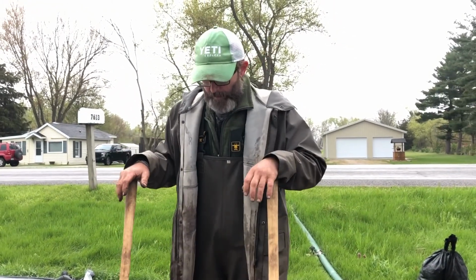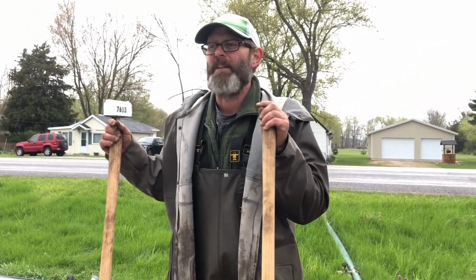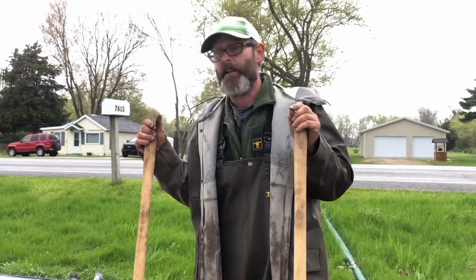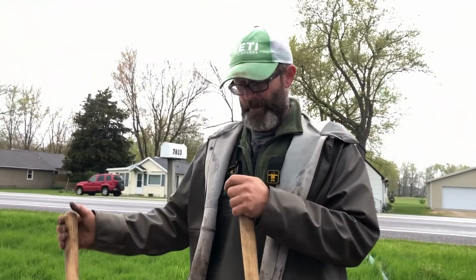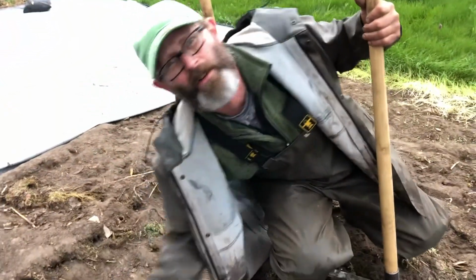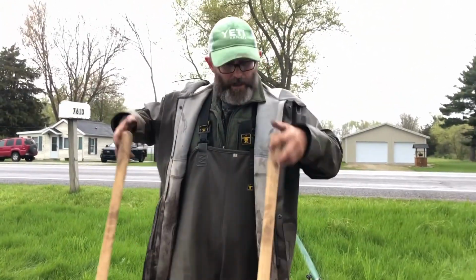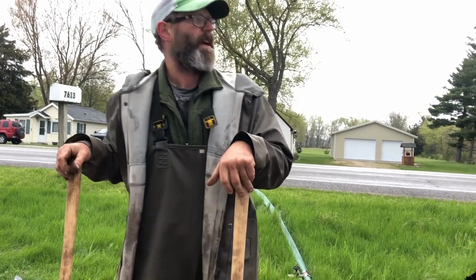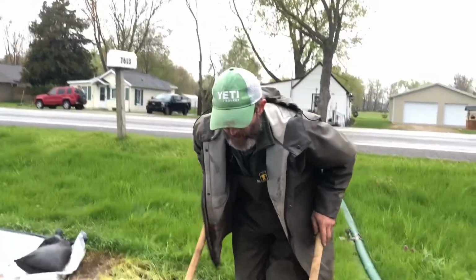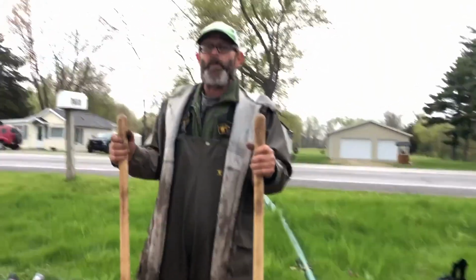So we do a minimum tillage practice, and everybody's got their own philosophy on, oh, well, we're no-till, or we till, or we do minimum tillage. But the idea is that tillage destroys the tilth of the soil. It destroys the microbial habitat. And once the organic matter is gone, the microbes die because there's nothing for them to eat. And really in a healthy ecosystem, you want all of that diversity and all those life forms to be thriving. So that's how we approach it. Everybody's gonna have a different way to approach it. We're doing what we do,